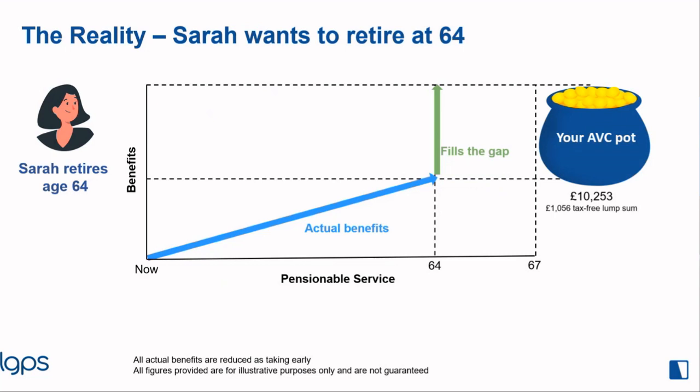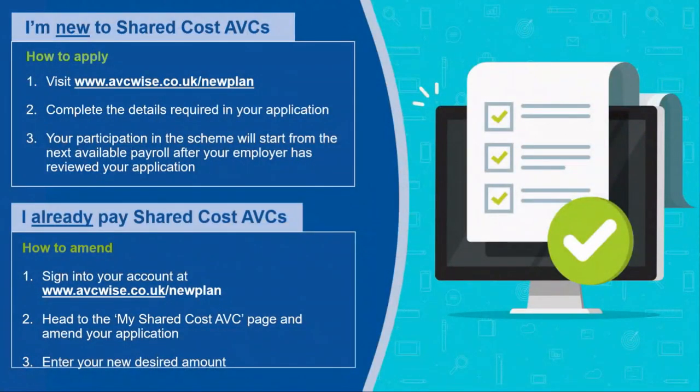Now she has the time and good health to do them, whether that's going on holidays, replacing the car, or just spending more time with family. By taking that AVC along with her local government pension, that's given her the ability to take it all as a tax-free lump sum. So for anybody here this afternoon who hasn't yet taken advantage of the scheme,